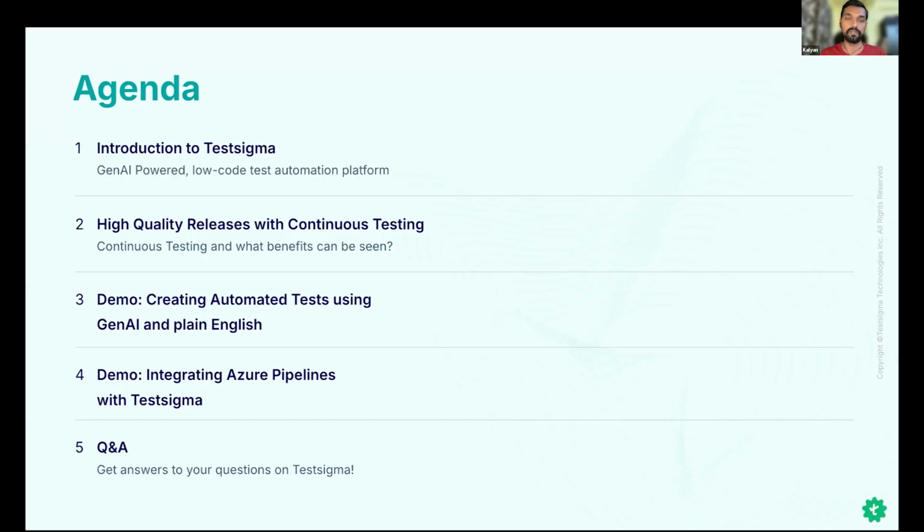So the agenda for today is a little about Testsigma. For those of you who haven't previously tried Testsigma, we will give you a very short brief of what Testsigma is and what you'll be able to do with it. Then we will talk a little bit about why it is important to have continuous testing and what role automation testing plays in continuous testing. Then we will go to the actual demo of our product itself, where we will be showcasing how you create